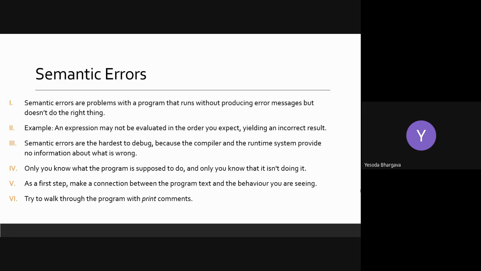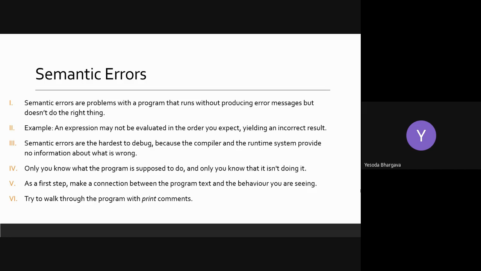So in that case, you really have to go through the piece of code. And in the last class, as Tarun had mentioned about rubber duck debugging, in case of semantic errors, you might have to take support of something called rubber duck debugging, in which you're really trying to walk through the code and understand what it is doing. And definitely when you're trying to understand, print statements will come into the picture because you are trying to understand the flow of the code and printing at every position of, at least where the possible error is occurring.